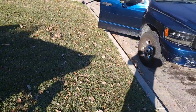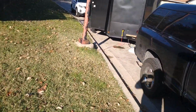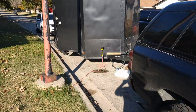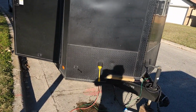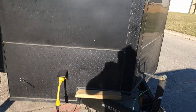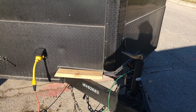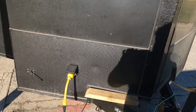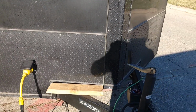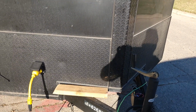Well guys, it's day 2 of the diesel heater install. Yesterday I got it fired up. The tank was just sitting inside on the floor. Today I'm going to end up screwing some 2x4s to the side of my trailer, which I don't want to do, but I don't want the diesel tank inside. So I figured I'd put it right there. Hopefully cover up that dent. I'm gonna mount it right there,